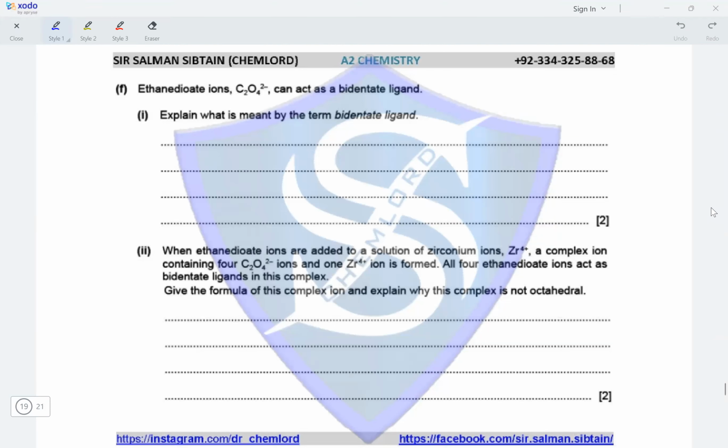The ethanedioate ion, C2O4 2-, can act as a bidentate ligand. Explain what is meant by the term bidentate ligand. So we have to combine the terms bidentate and ligand together in a single definition. So it will go as a molecule or an ion consisting